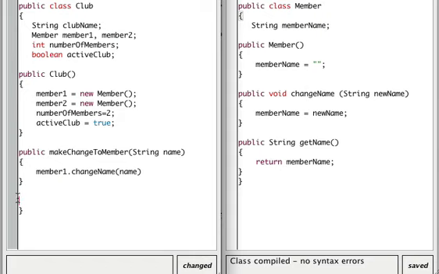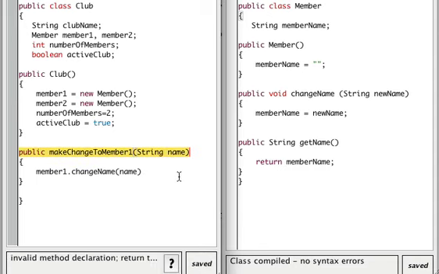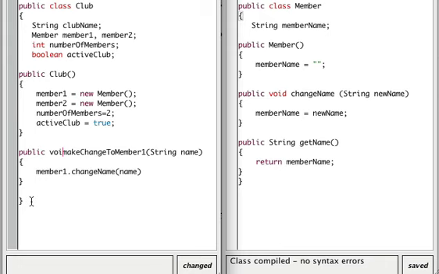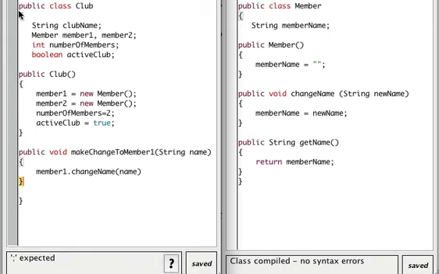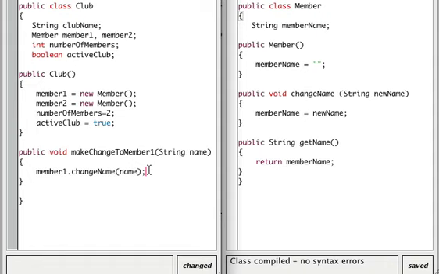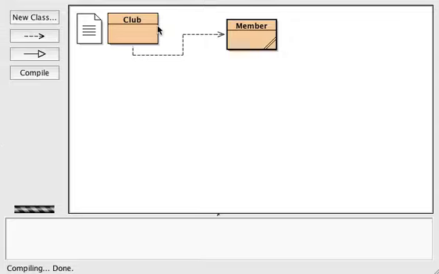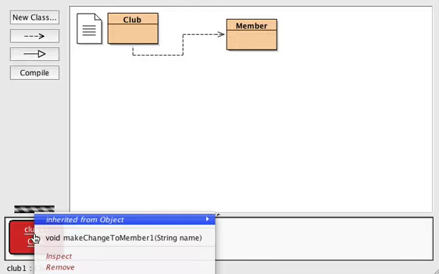Let's get rid of that. Now this is not very useful. Maybe we should call this make change to member 1 because that's all we can do at this point. But let's compile that. Let's see, invalid method declaration, return type. Oh, we didn't specify a return type. This is a void method. So cool. And missing semicolon, I hate that. And now we're good. Okay, so let's go back here, make another new club, and let's call that, let's first